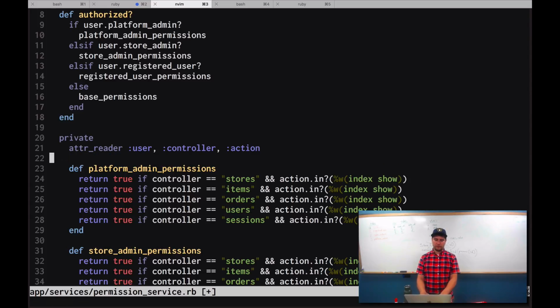Any questions about what I'm doing here? I think it's kind of the same thing over and over. Any questions about that refactor at all? Cool. This is a nice way to start